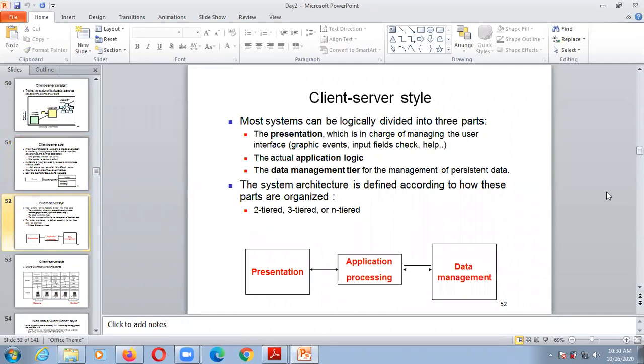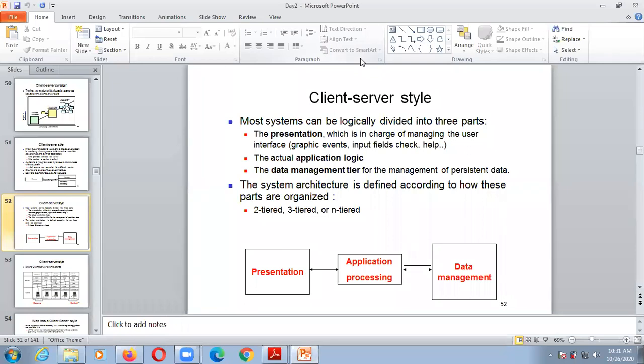Then, in client server styles, most systems can be logically divided into three parts: presentation, application processing, which may be logic, and data management or database. Presentation includes graphical events, GUI, and input fields at the user end.